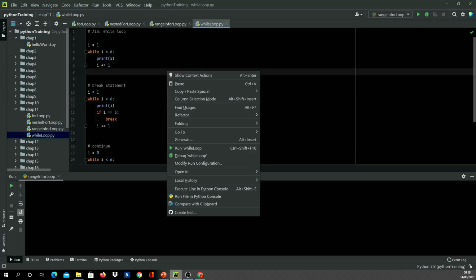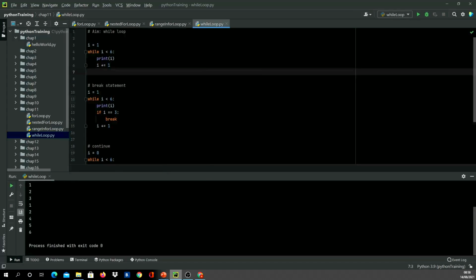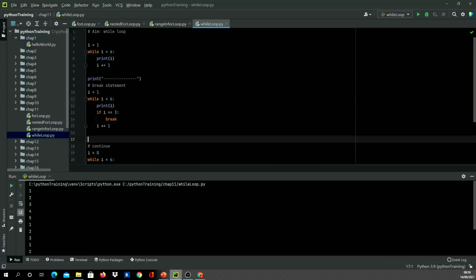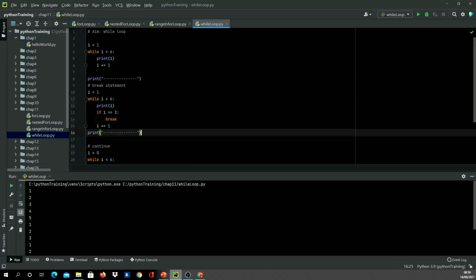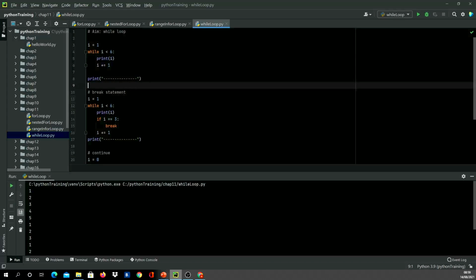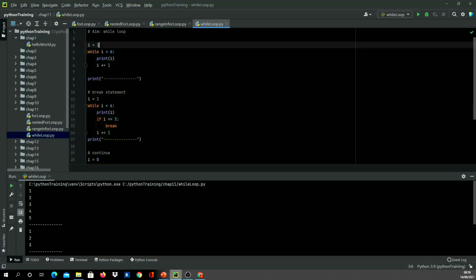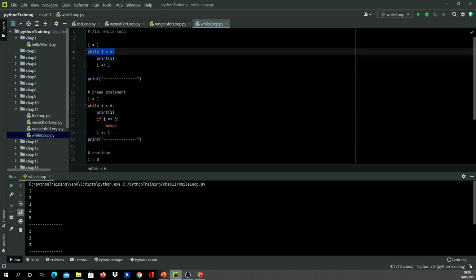Let me run this, and let's put a print statement here to demarcate our output. Let's run it again, save it, and run the while loop. Okay, so basically I'm saying the value of i is 1, and then if the value of i is less than 6, keep running this loop.